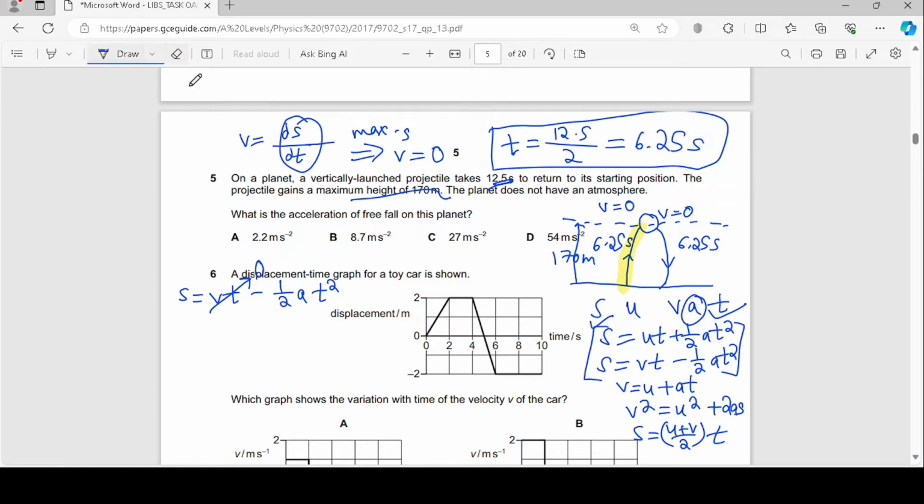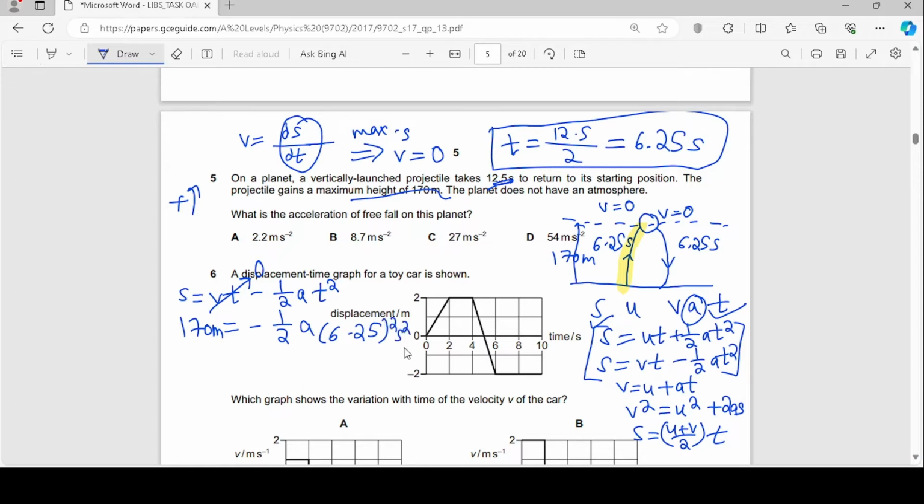Obviously we're going upwards, so I'm going to use the sign conventions. This is positive. So my displacement is 170 meters equals minus half a, which I don't know actually, and then t squared. Because it's half the journey, I get 12.5 divided by 2, that's 6.25. It's going to be 6.25